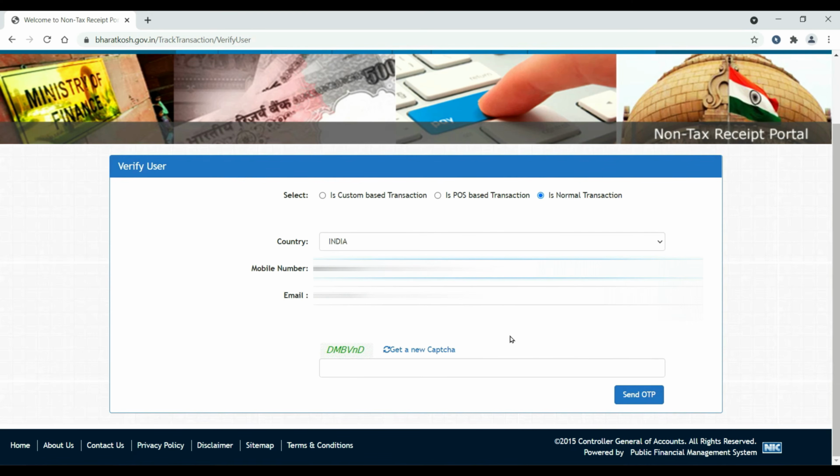The tracking will be done using your mobile number and email, so put that clearly, whatever you mentioned while the transaction was happening. As before, write the captcha code there and press send OTP. Depending upon your network, the OTP comes over here. Fill in the OTP when the page refreshes. I will fast forward.